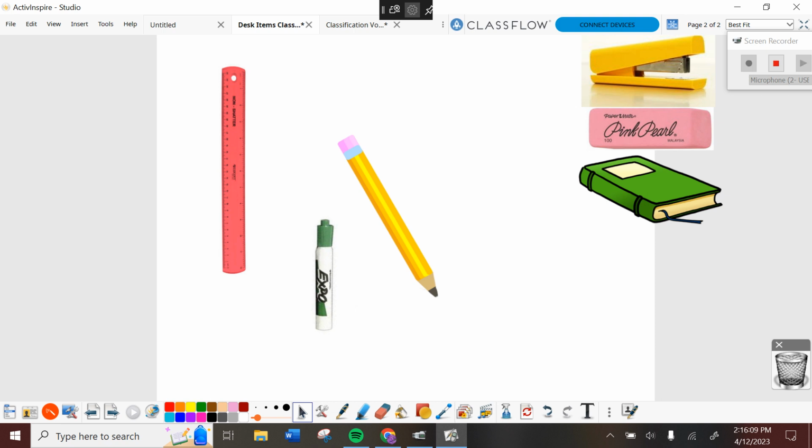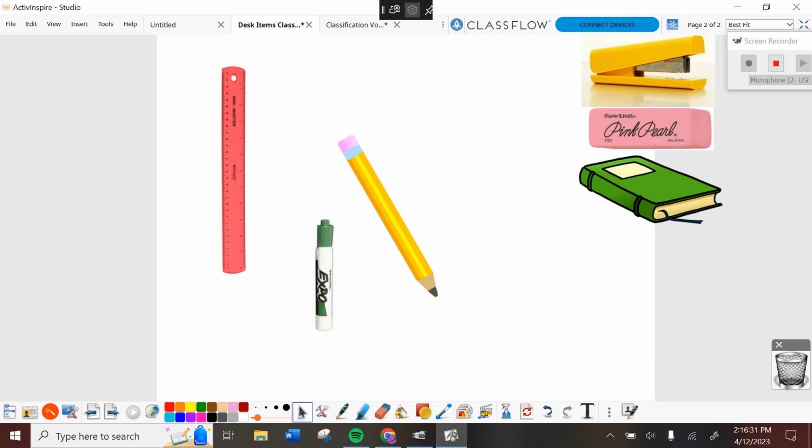How would we separate these guys out now? Color? Nope, there are three different colors. It doesn't necessarily have to be physical this time. It can be something that they do or something that they have. Yep, if used to write. If I can write with it, I'm going to 2, right? So I've got to go to 2.